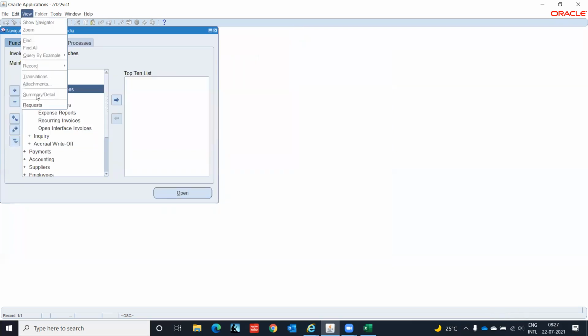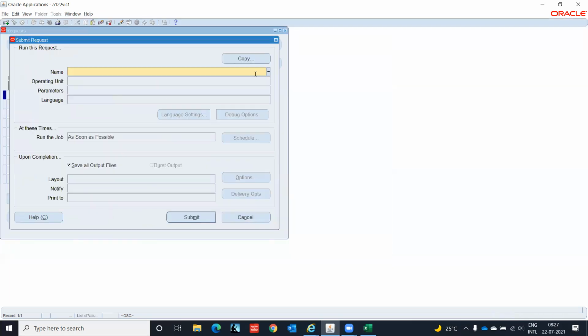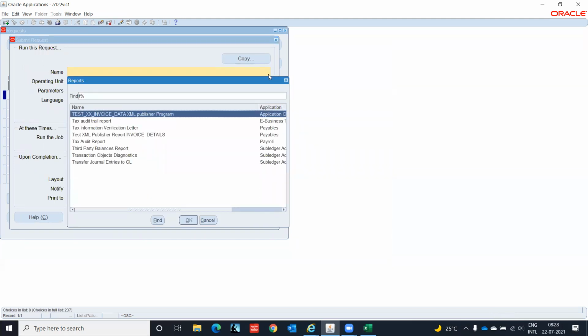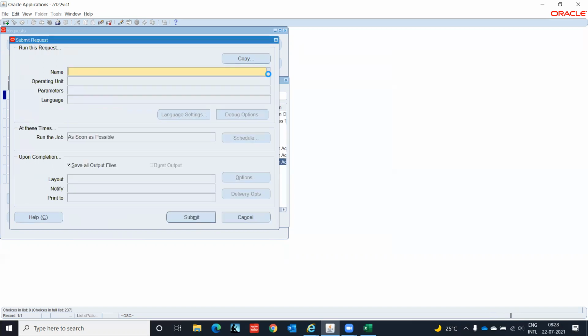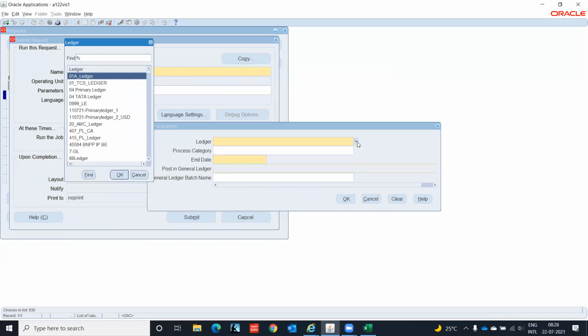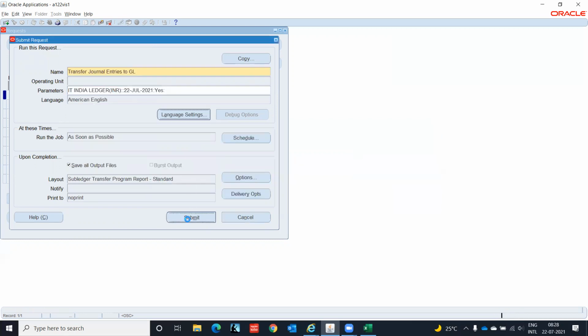We have to go to view, request, submit a new request. In the list, transfer journal entries to the general ledger. IT India ledger. Ending date 22nd July 2021. Post to the ledger, yes. Click OK. Submit.